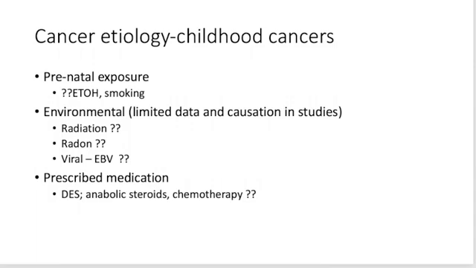The high yield meds are DES, which was diethylstilbestrol, which was prescribed by physicians to prevent spontaneous miscarriage, but then it was identified to be a chemical carcinogen. Anabolic steroids, chemotherapy if they had one cancer. Childhood exposure to ionizing radiation, drugs, viruses has been associated with some cancers. The high doses of ionizing radiation is an established risk factor. Epstein-Barr virus has been the only one with a relationship to cancer in children, and that is Burkitt lymphoma.